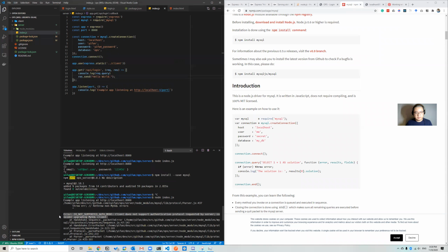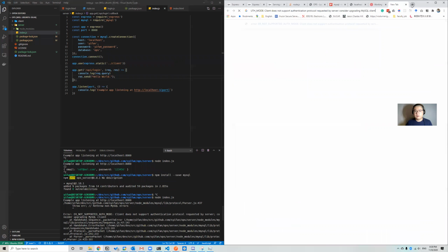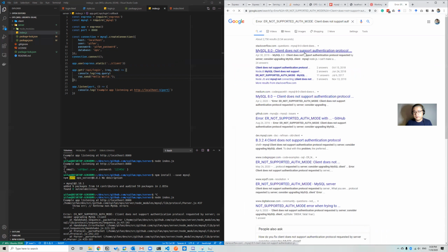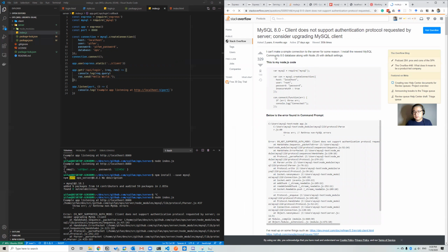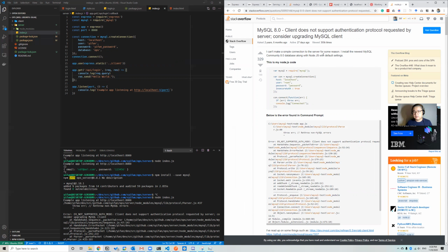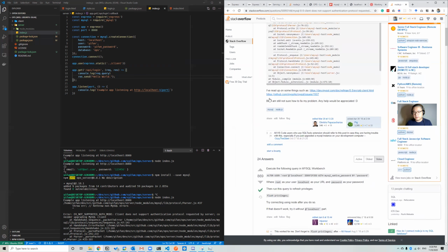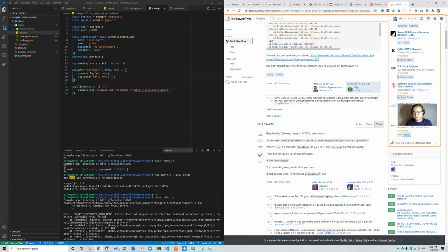Consider upgrading MySQL client. Okay, and I haven't been using Node.js and MySQL for a long while. I don't really know what's going on. Let's try to see this. Can make a simple connection Node.js. I know my Node.js code. So